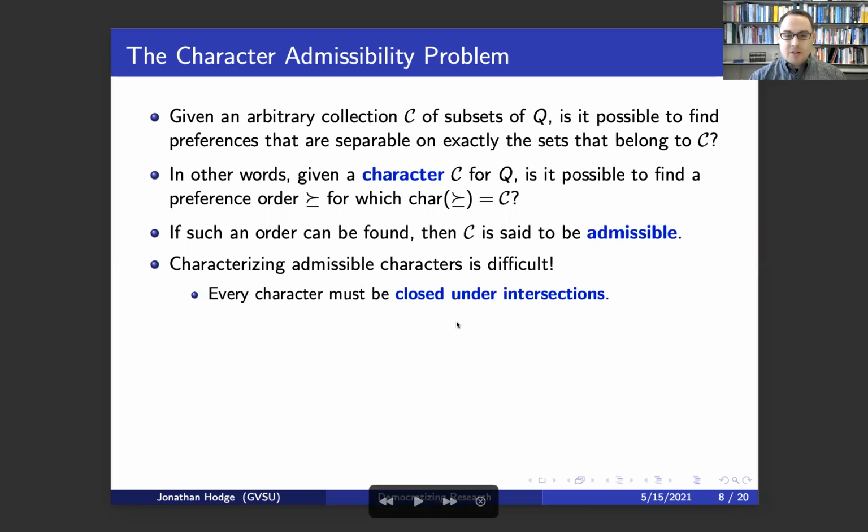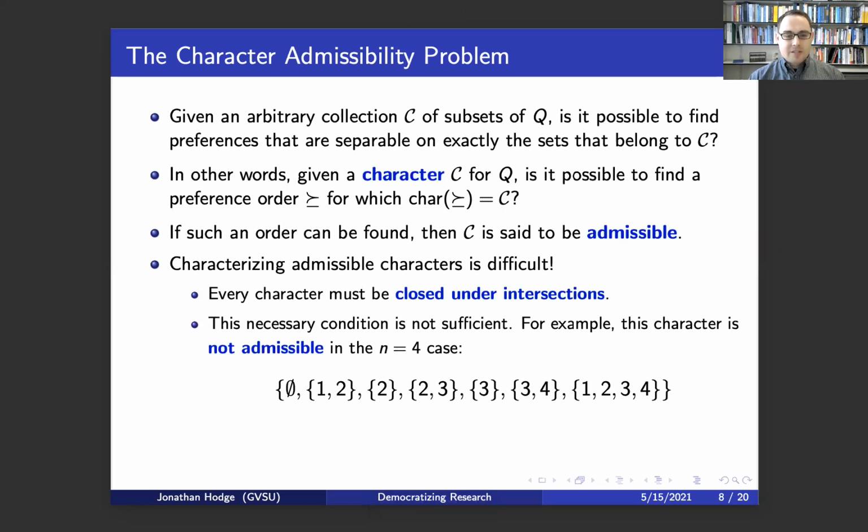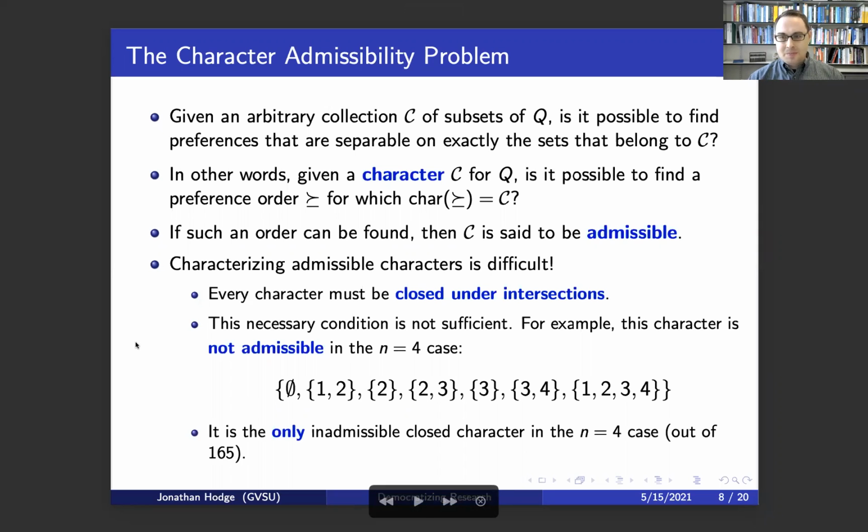It turns out that every character must be closed under intersections. That is the one part of Gorman's theorem from economics that carries over to the discrete context of referendum elections. But closure under intersections is not sufficient. For example, here is an example of a character for a 4-question election that is not admissible. What is more interesting is that this is the only character up to isomorphism in the n=4 case that is not admissible. It's the only one out of 165,